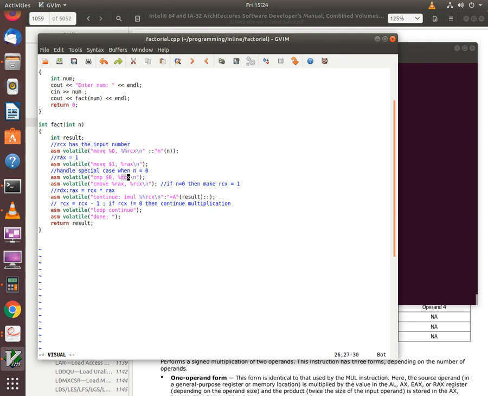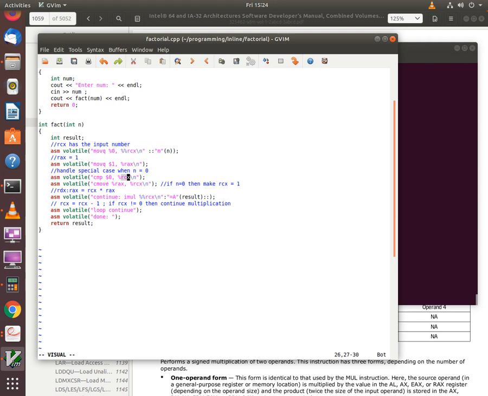The result of the compare will set certain flags in the eFlags register, and if the value in RCX happens to be equal to 0, the zero flag, the ZF in the eFlags register, will be set.